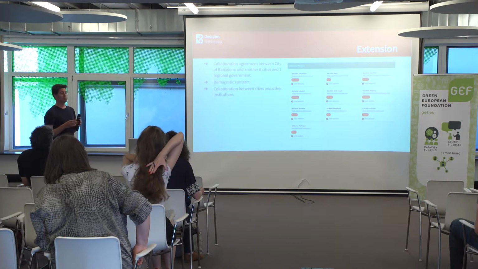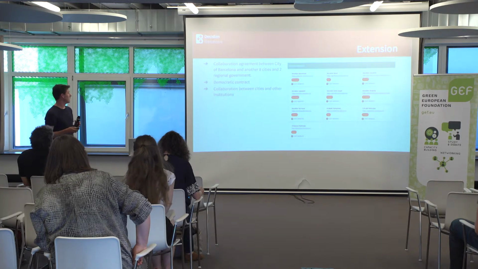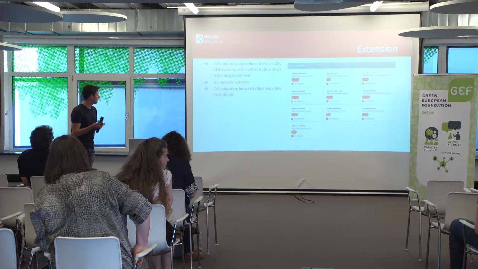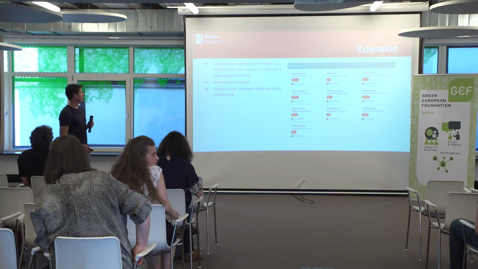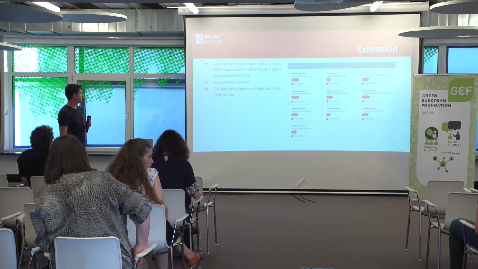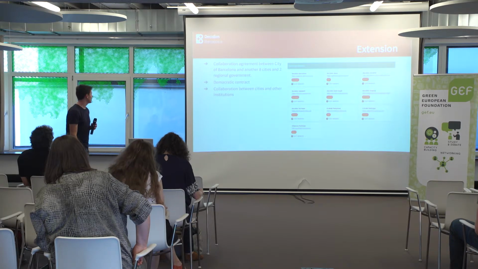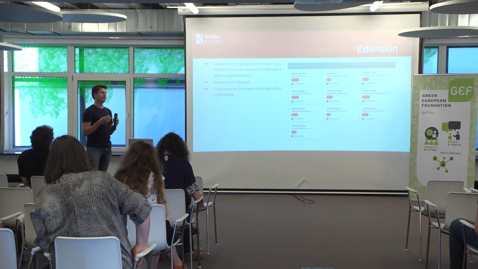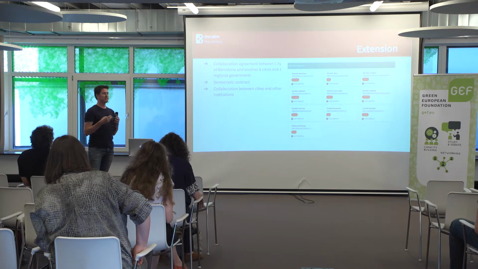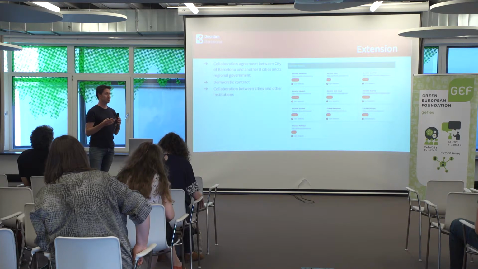The 7 most important cities in Catalonia, for example, Badalona, Gavà, Sabadell, Terrassa, Sant Cugat. Other cities from Spain such as Pamplona, and also the regional government of Catalonia, are starting to use the software. And we have a kind of democratic contract with them, because we don't just want them to use the software. We want them to preserve the democratic principles of the software.